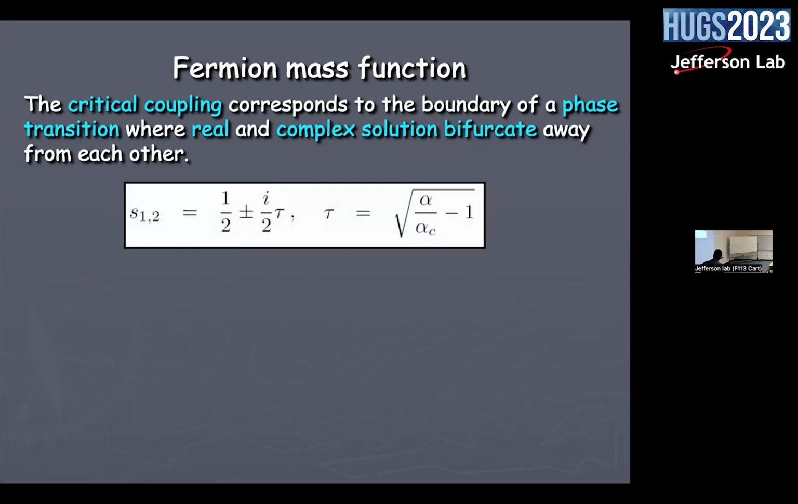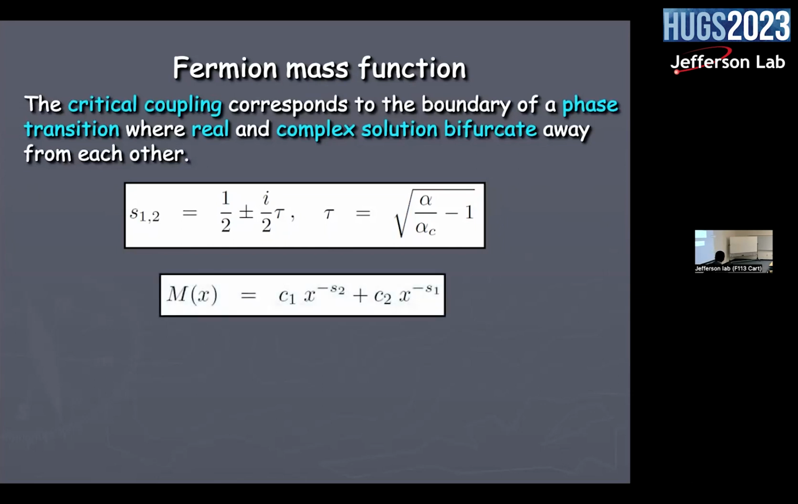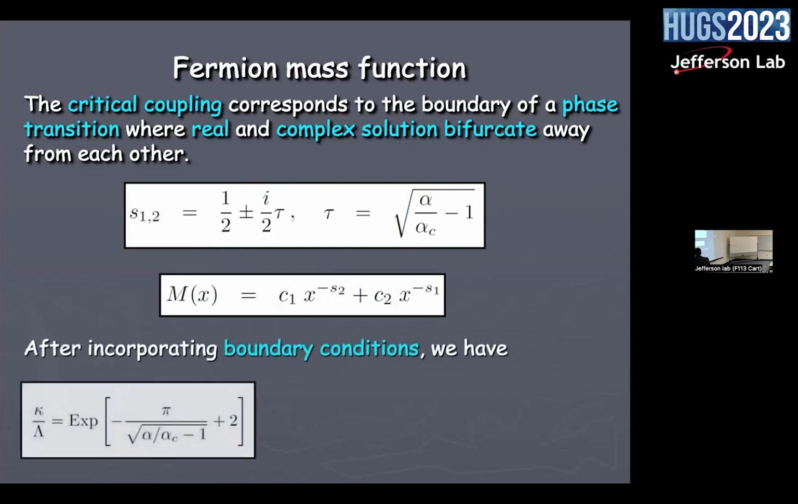So this critical coupling corresponds to the boundary of a phase transition where real and complex solutions bifurcate away from each other. And you can write this solution, but then of course you want to use your boundary conditions, which will fix what C1 and C2 are. And that's another equation, because C1 and C2 eventually themselves will be complex numbers. And once you do this